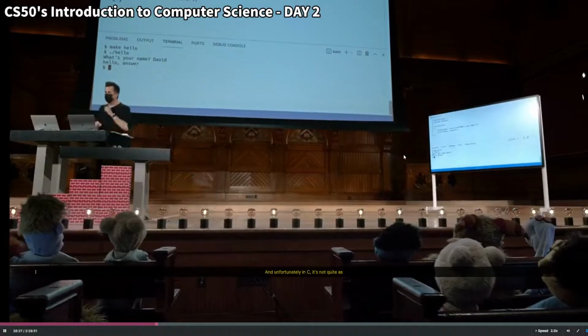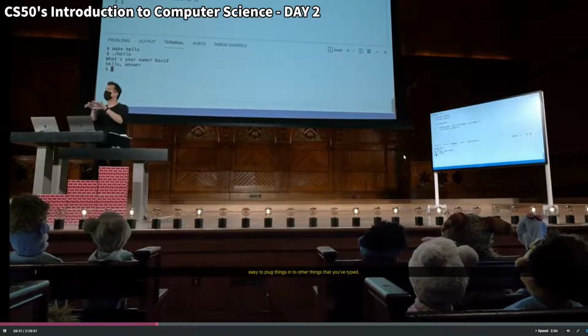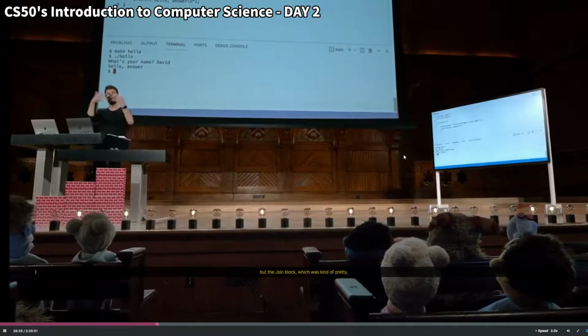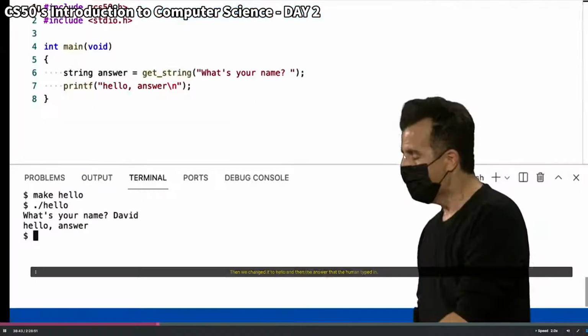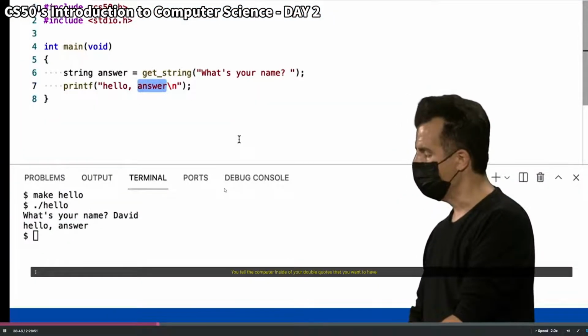And unfortunately in C, it's not quite as easy to plug things into other things that you've typed. Remember in Scratch, there was not just a say block, but the join block, which was kind of pretty. You can combine apples and oranges, or both apple and banana. Then we changed it to hello, and then the answer that the human typed in. In C, the syntax is going to be a little different. You tell the computer